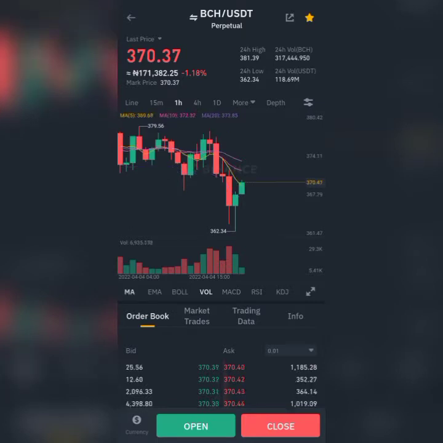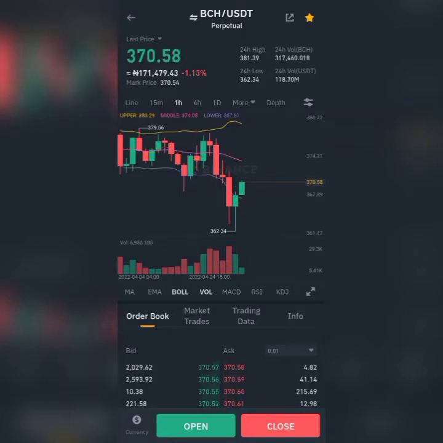MA, for example, it's pointing downwards here. The EMA is pointing downwards. Why? Because the purple happens to be on top. So everything here is actually telling us that this crypto's price is in a bearish movement now. So for me, I can use these indicators to place a sell short trade as per my analysis from